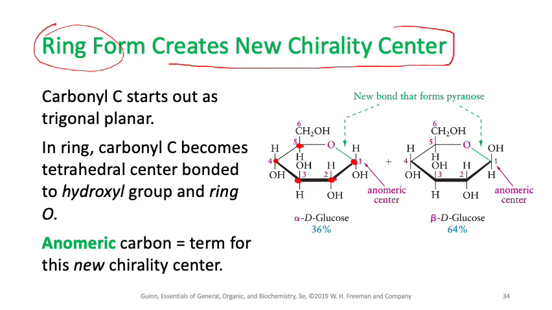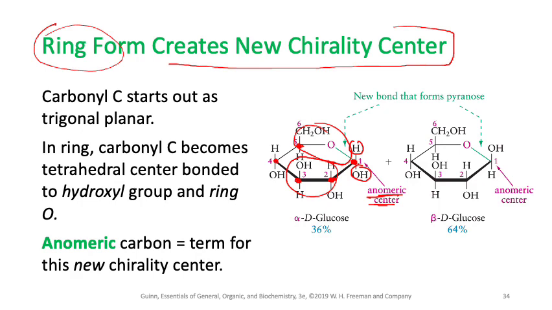So why is this a chiral center? Because on this carbon you have one hydrogen, one OH, one of this group, and another of this group. So you have 4 different groups attached to this carbon. So this is a chiral carbon, right? And we call this newly formed chiral carbon an anomeric carbon or anomeric center,